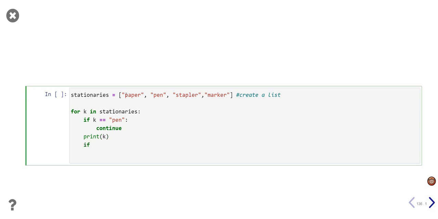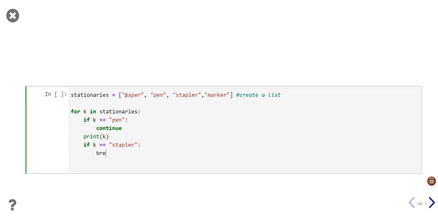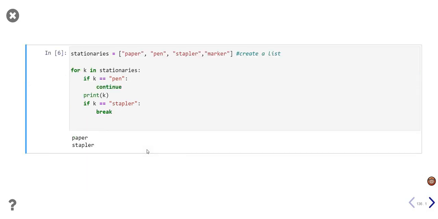And if k is equal to, let's say, stapler, then you break. So if you actually run this,